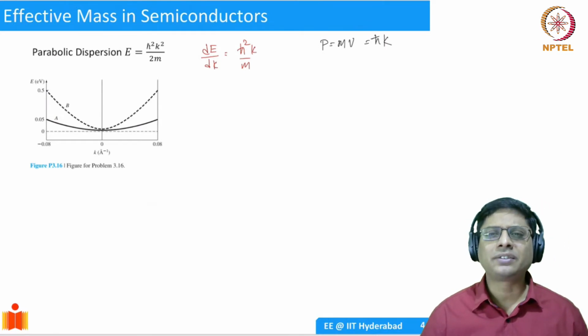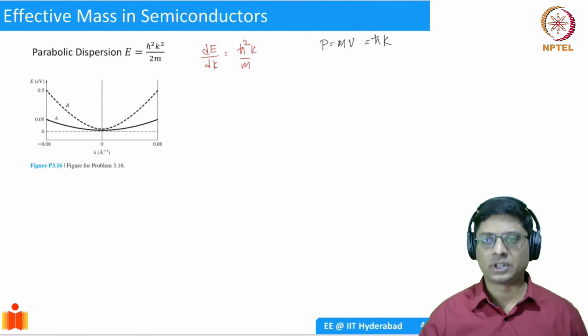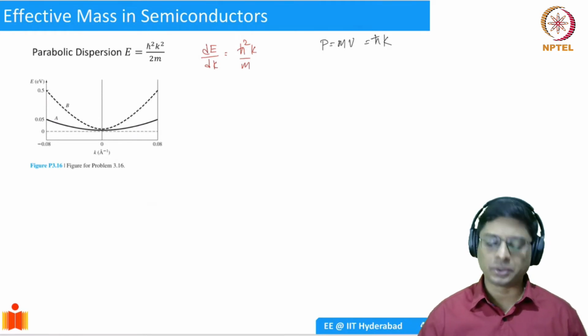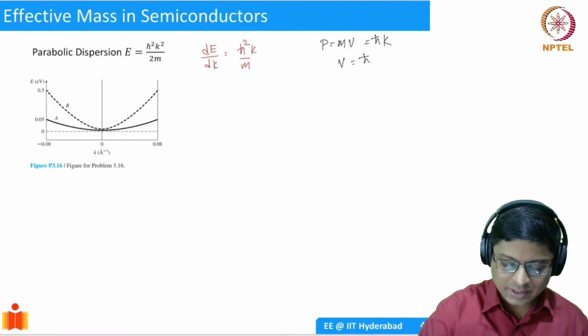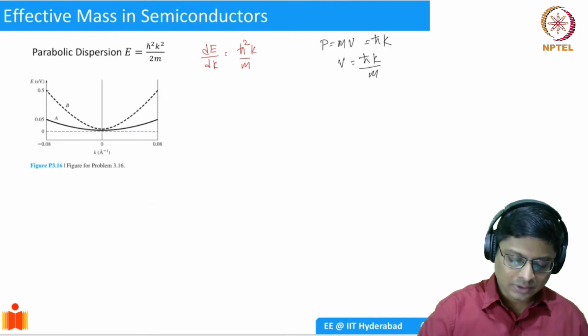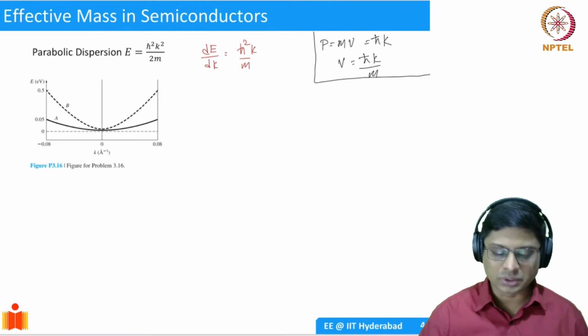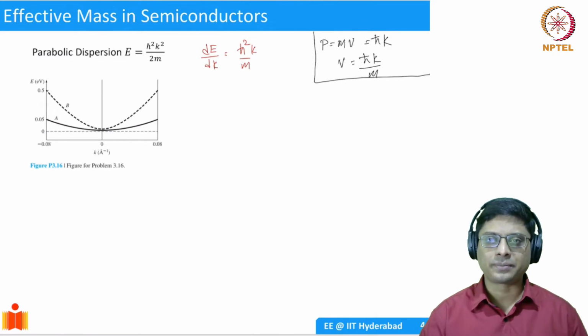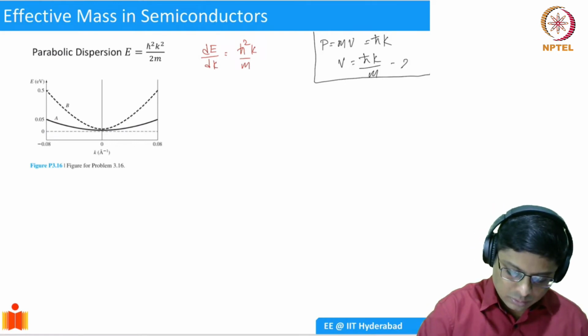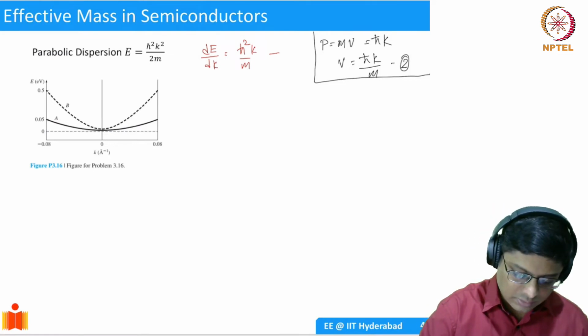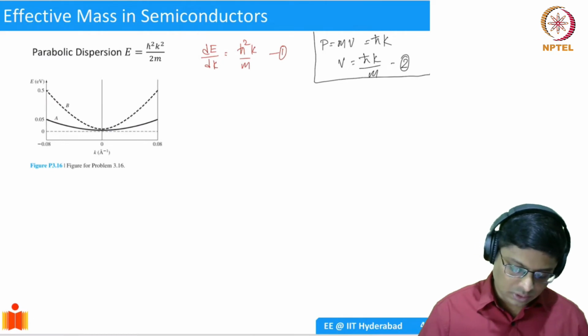So to define a quantum mechanical analog of velocity, we simply say velocity should be h cross K by mass. Let's call this 2, and let's call the earlier one 1. By combining 1 and 2, we can write